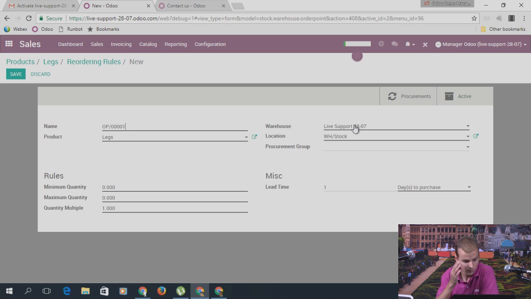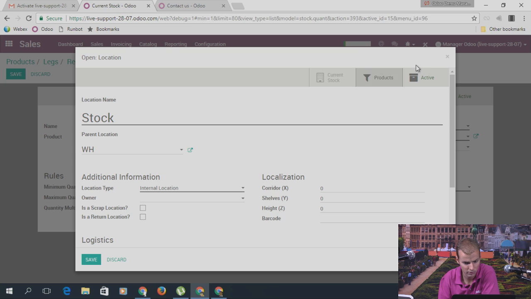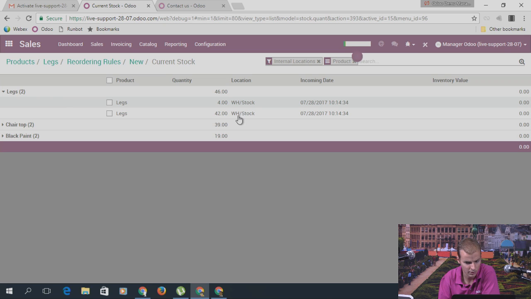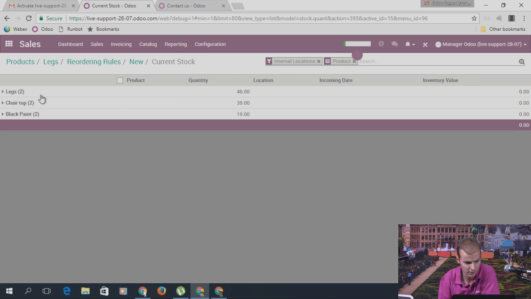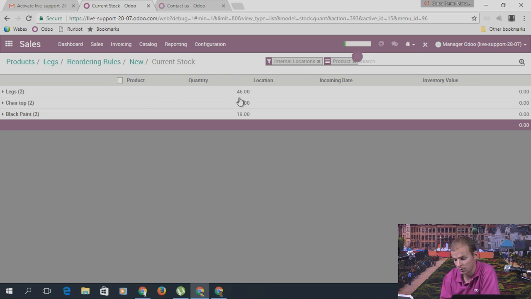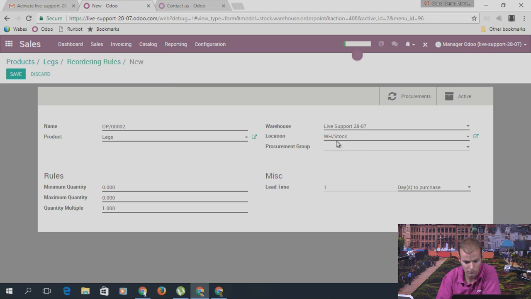The warehouse, okay, where I want to apply my reordering rule, and the location, for which location. There I will choose the stock location, and I will just check my current stock in this location. As you remember, we have 46 legs in stock, but I guess 4 will be used. So we have 42 legs forecasted in the stock, in this location. So back to the reordering rule, sorry. In the stock, I can define a minimum quantity